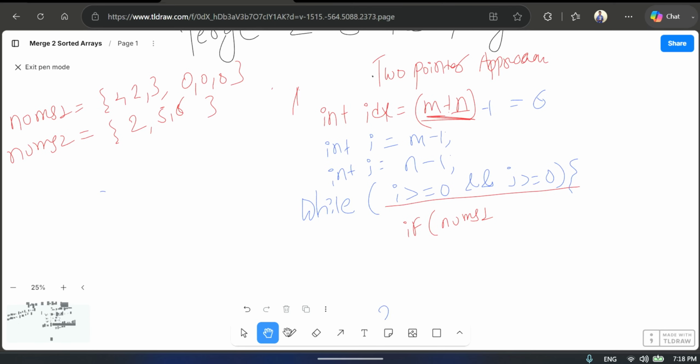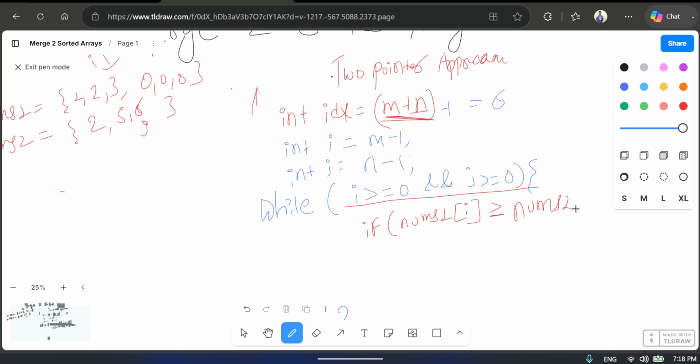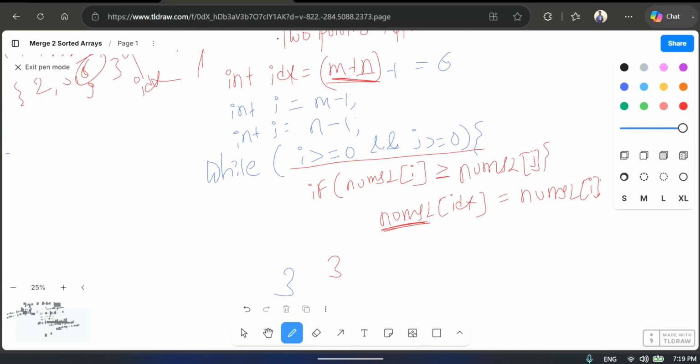Now we are saying, while nums1's I value is pointing here, j is here, I is there, while nums1's I is greater than or equal to nums2 of j, which is basically saying if my nums1's last element is greater than nums2's last element, I'm gonna say that nums1 of index, since we have to pass our element into nums1 itself, and then index is pointing here, index is there, nums1 of index is going to be nums1 of I, right? If that's the case,